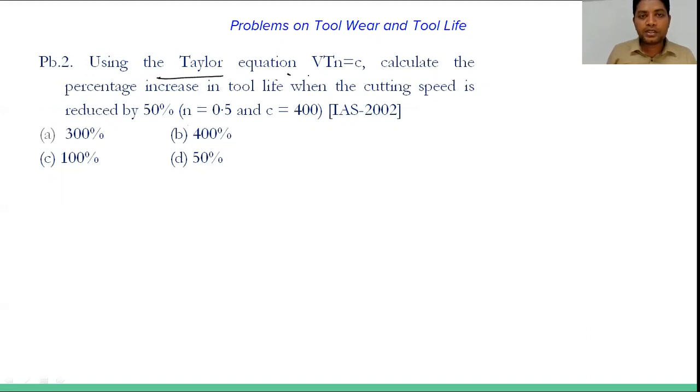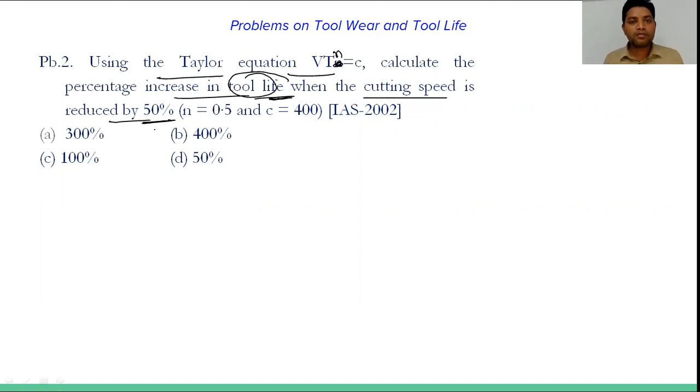Using Taylor's equation, that is V T raised to n equals constant, calculate the percentage increase in tool life when the cutting speed is reduced by 50%. देखिए, पिछले क्वेश्चन में भी हाफ था, और हाफ का मतलब 50% ही होता है, बट n की वैल्यू हमें 0.25 दी हुई थी, यहाँ पे n की वैल्यू 0.50 गिवन है और c की वैल्यू भी हमें यहाँ पर गिवन है।